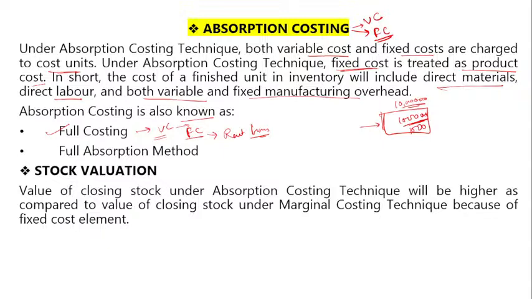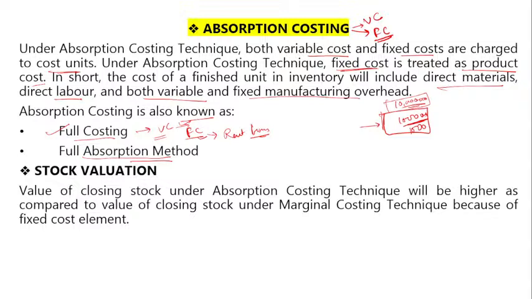Okay, so in that case, the company is not paying any extra amount if they are increasing their units of product in storage. So this is a full costing. That's why it includes both variable costing and fixed costing. The full absorption cost, that means absorption cost is